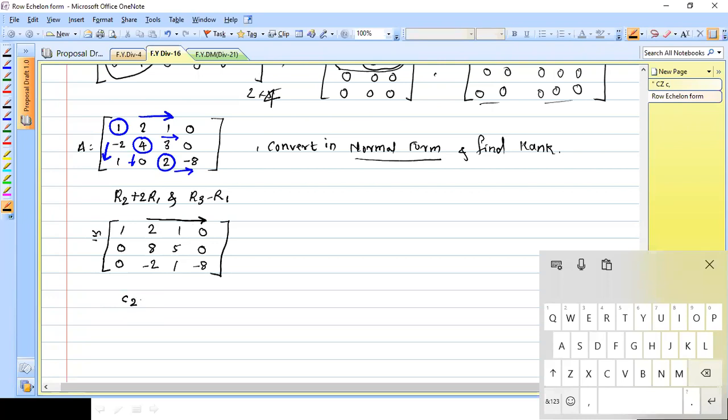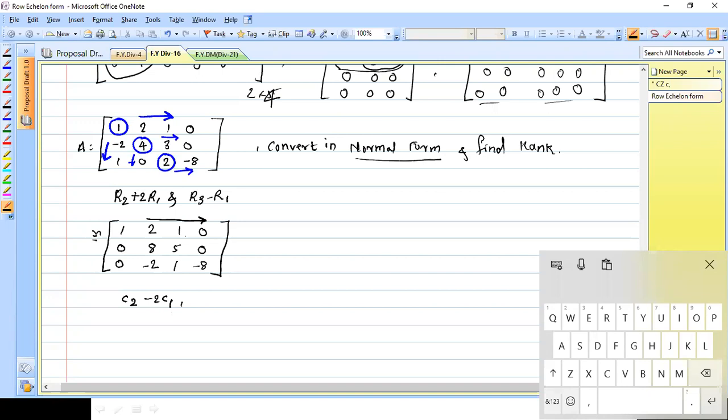Sir, C2 minus 2 C1. Column operations, C2 with C2. Yes, C2 minus 2 C1, and C3 minus C1. Always use that previous one. Why? Because we are making 1 here, and by using that one you need to make 0. Someone is saying, sir, I can use C3, but in the next operation I'm going to change C3 also. So always try to use C1 while making the below and right-hand elements 0. This is the most important one, so that's why I'm going to use C1.